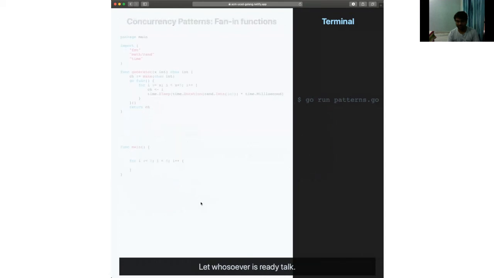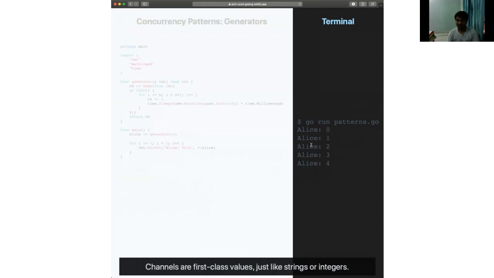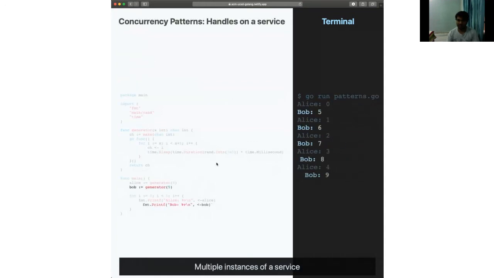So when I call Bob here, it is a blocking call. So what that means is that until Bob's channel receives 5, it won't execute the next line. So if you look at the output here, you'll see that it goes, Alice says 0, Bob says 5, Alice says 1, Bob says 6, and so on and so forth. Again, this is essentially just like having only Alice, but now, because there's another handle into the service generator, both of those count in lockstep. So none of those can exceed each other.